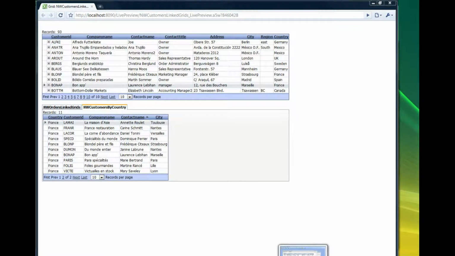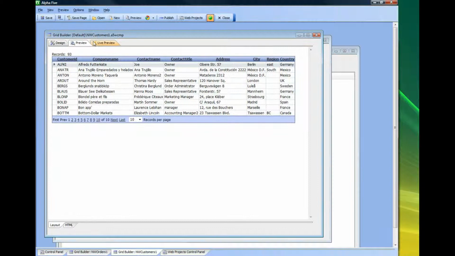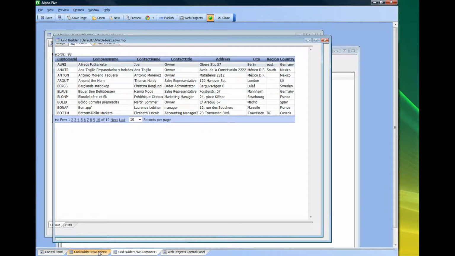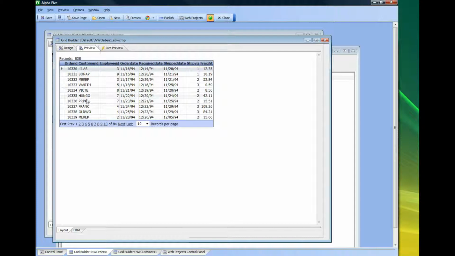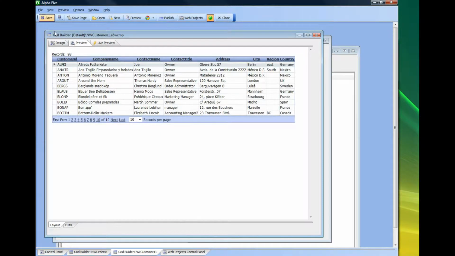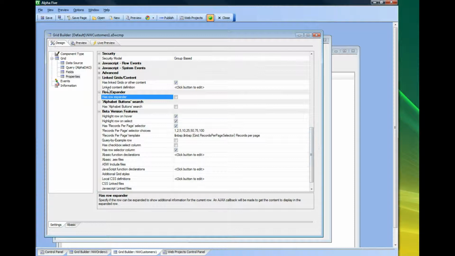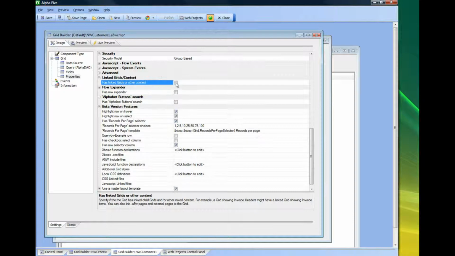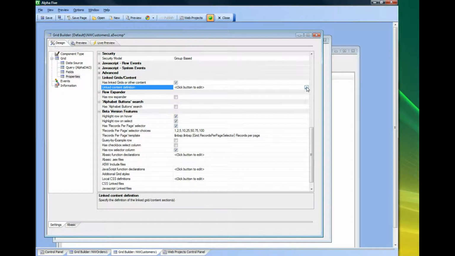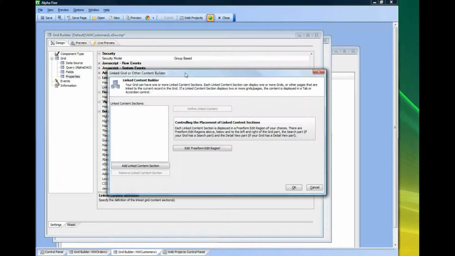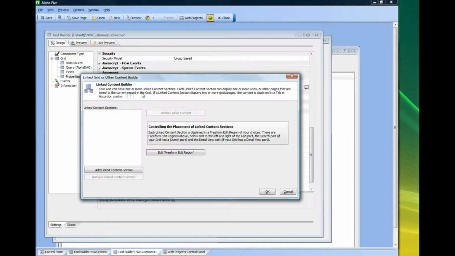So I'm going to go now to this grid that I've created here called the customer grid, and add in this Northwind orders 1 as a linked grid. So I'll go here, go back to design mode, and you can see now that there's an item here called has linked grids. So I'll basically pop that open, and now we define something called linked content sections,